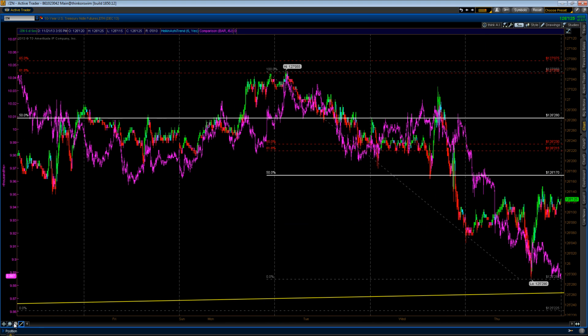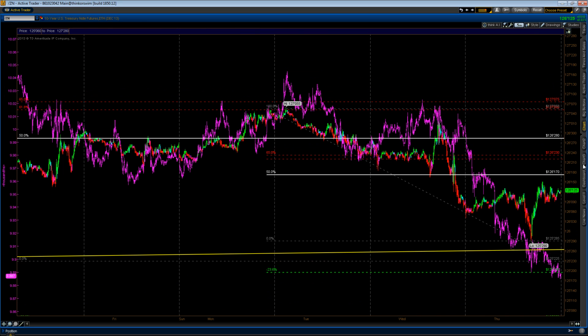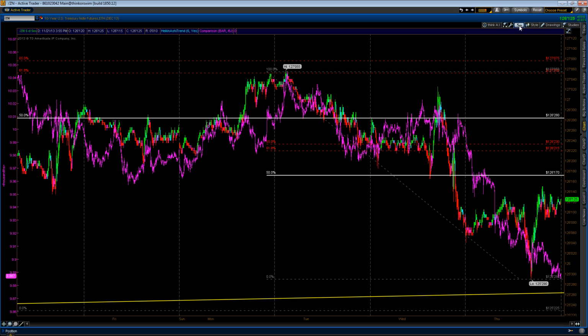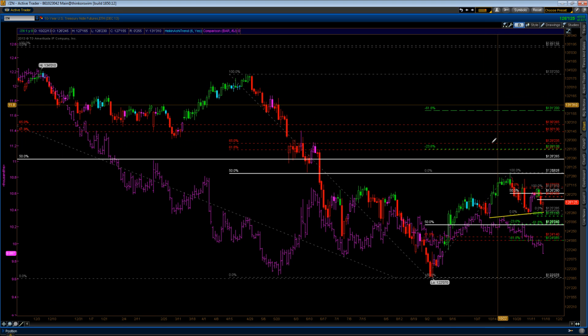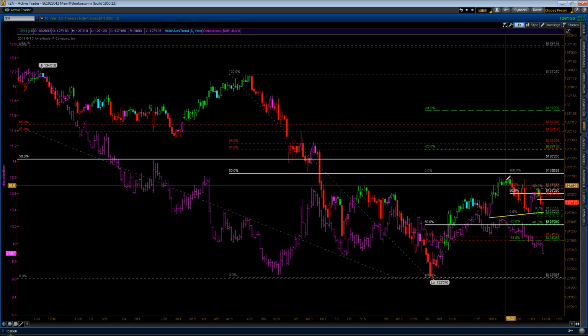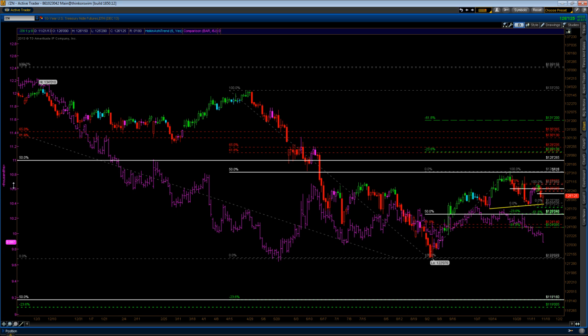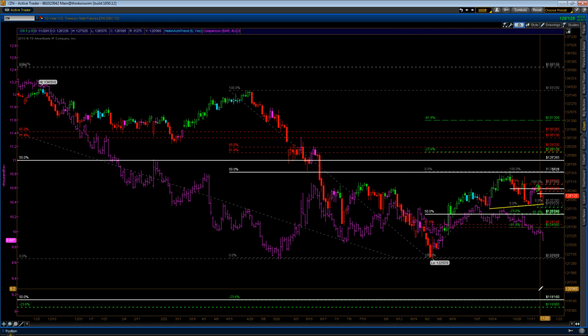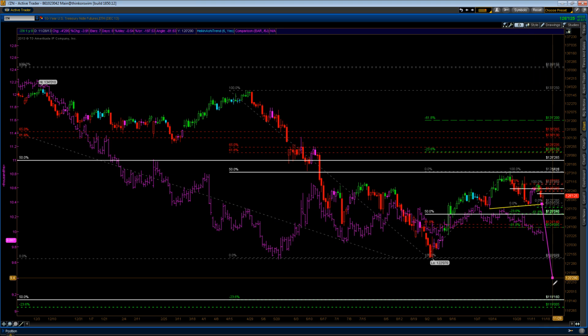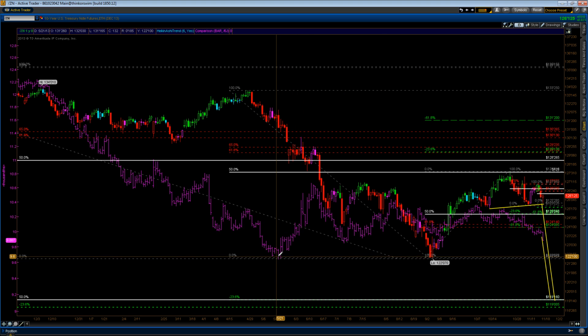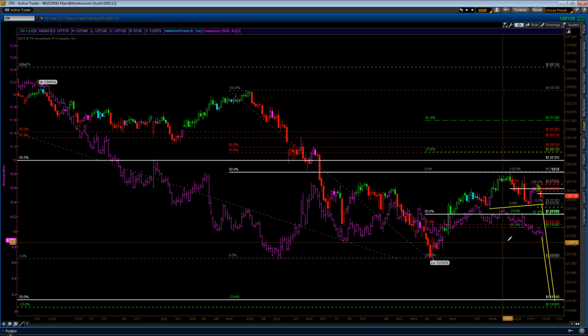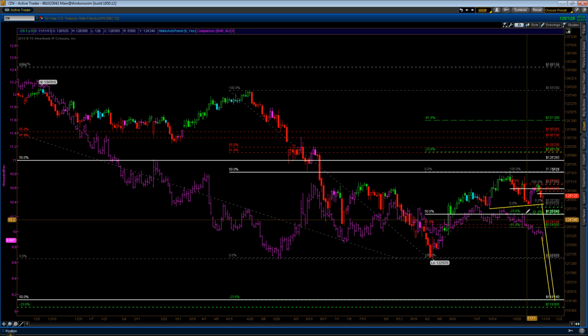And let's also take a look. Go out to the daily here. 10-year down, down to its daily targets. Where does that put the dollar yen? Well, through the prior highs, that's for certain. And actually, this is the 108 level right here, this 92. So, not surprising that the 10-year going to target should be the dollar yen going to target, and then even